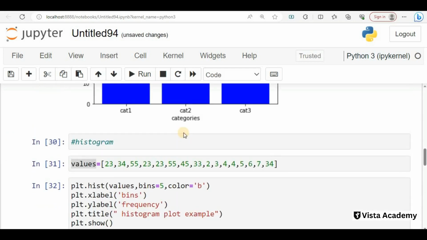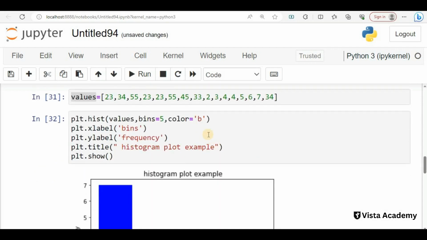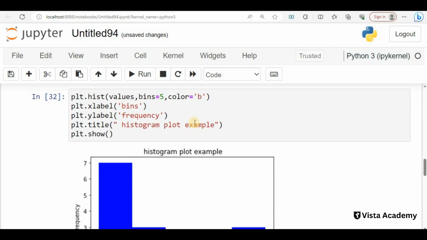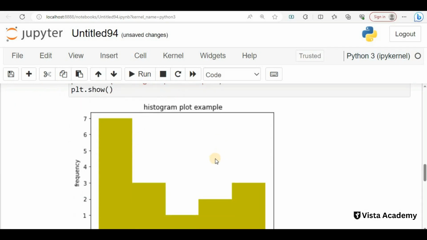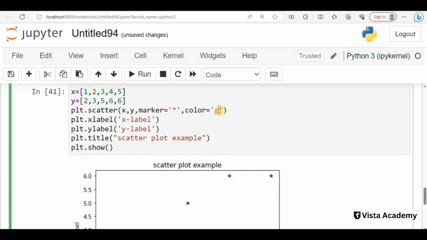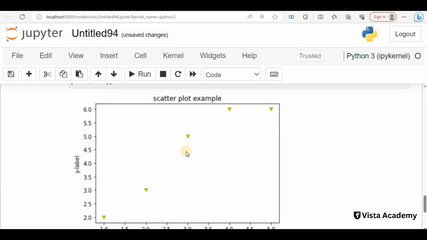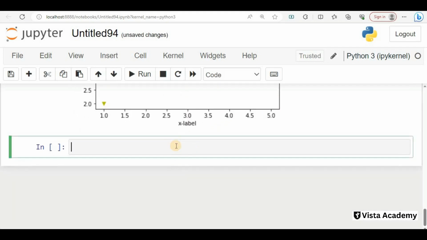So next we will create your pie chart. Before creating the pie chart we can even change the color of this chart. Like if I put R here and run this, we have a red color chart, and if I put Y we can have a yellow color chart. So we can even change the color, like if I put G or whatever, H is not a color, so I will put Y here, so we have yellow color. In place of star I will put V and run this, so we can have this type of markers here. Now next we will create our pie chart.